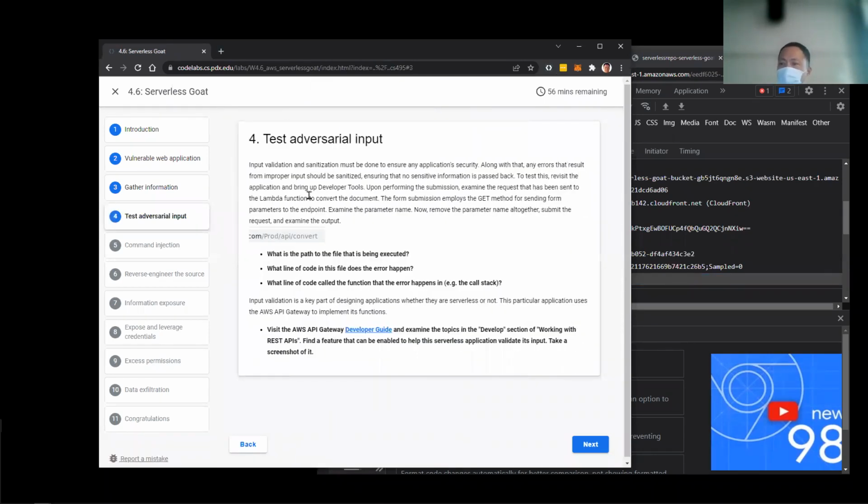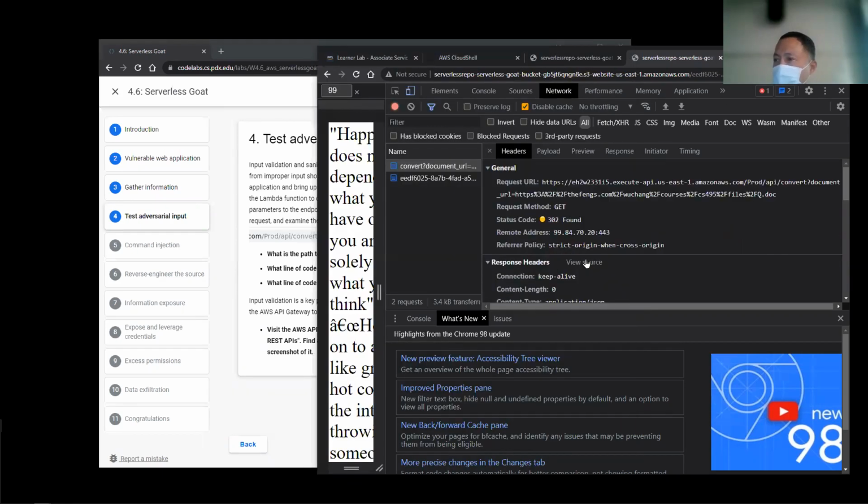Okay, so the next thing we're going to do is basically test adversarial input. We're going to try and break this particular application. And so when you see this conversion operation, when you see the request header, you can see the form data that specifies the document URL that comes with a URL attached. Well, one of the things you can test to see is whether or not the API is checking to make sure that this URL is set when you do this request. So that's what we're going to do